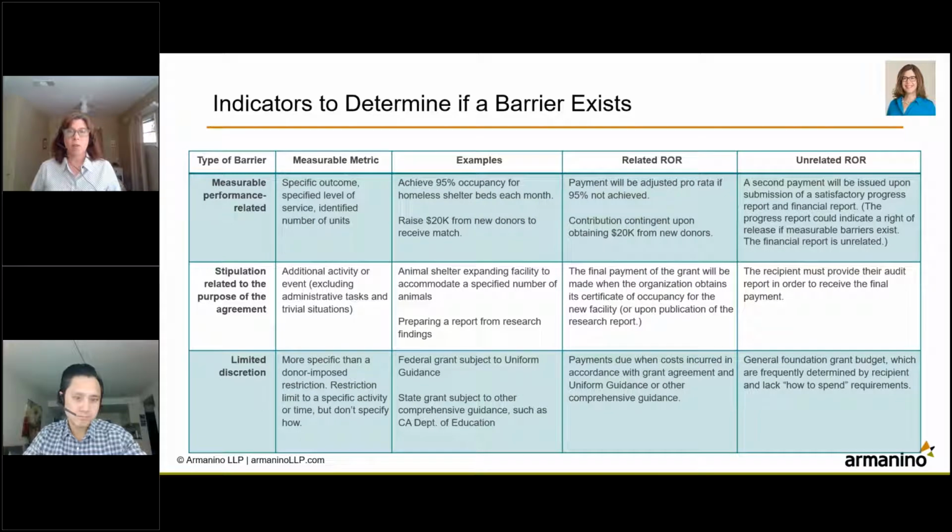State grants may also have these sorts of arrangements. We work with a lot of organizations that receive funds from the California Department of Education, and that has a whole audit guide. It has a whole set of its own expenditure rules. So that's another example. An example that wouldn't end up being limited discretion would be kind of a general foundation